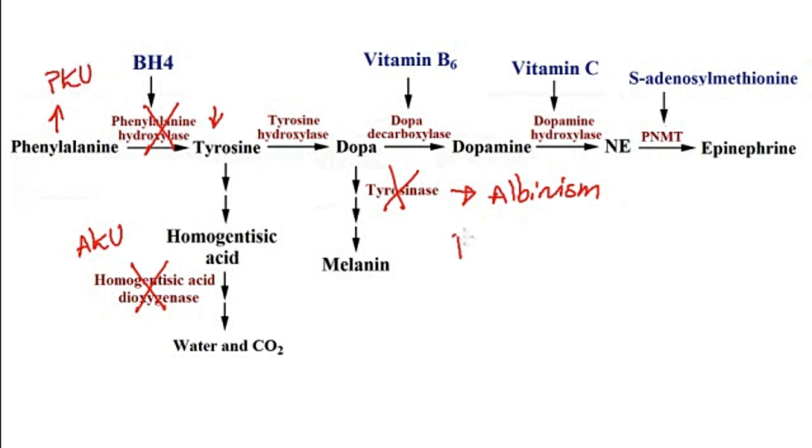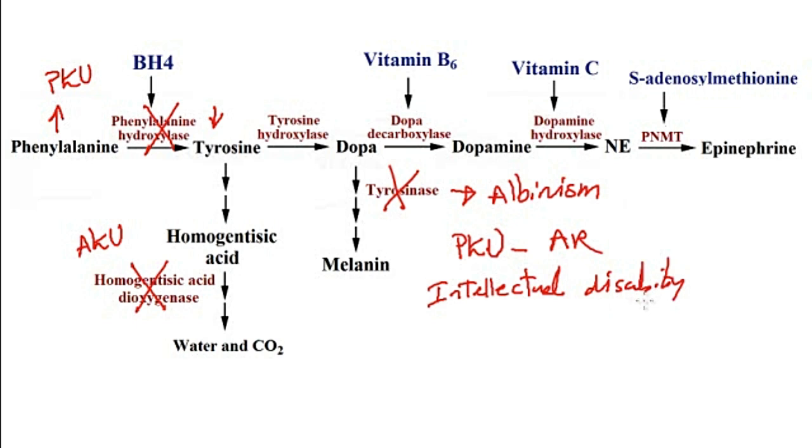So starting with phenylketonuria, as we just discussed, this is an autosomal recessive disorder that is associated with elevated concentration of phenylalanine, as a consequence of which there would be intellectual disability. And it's thought that intellectual disability could be from inhibited brain growth or decreased production of neurotransmitters, like for instance epinephrine or norepinephrine. These patients also have hypopigmentation,